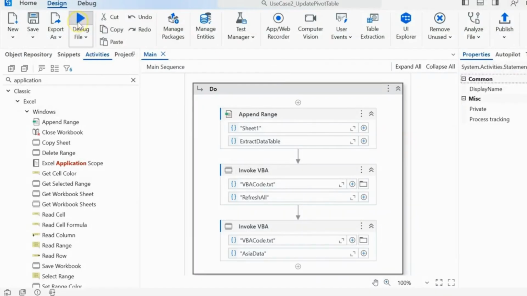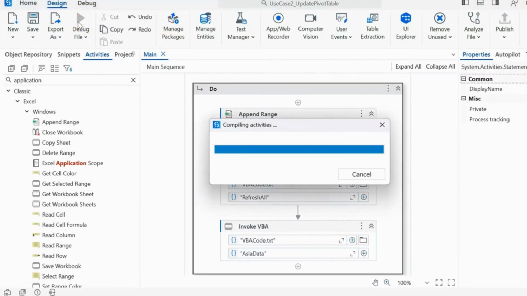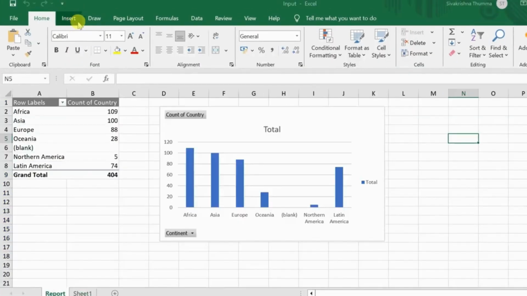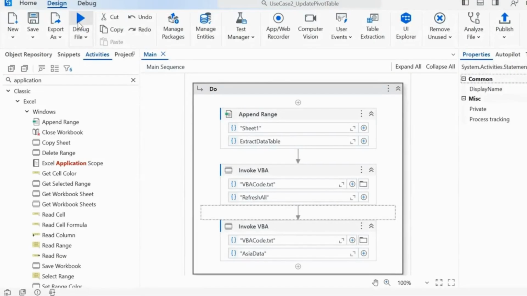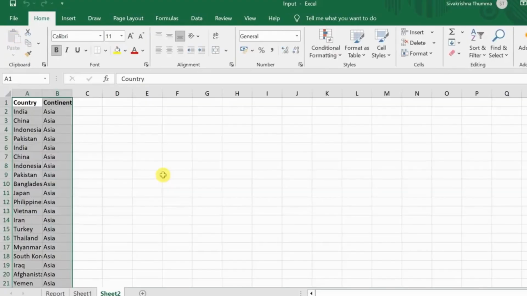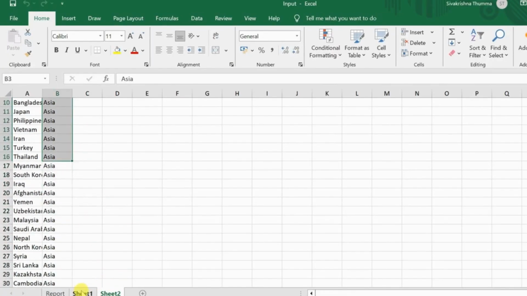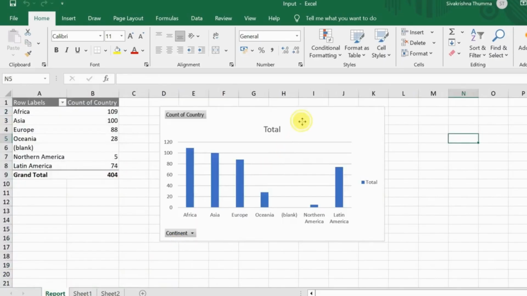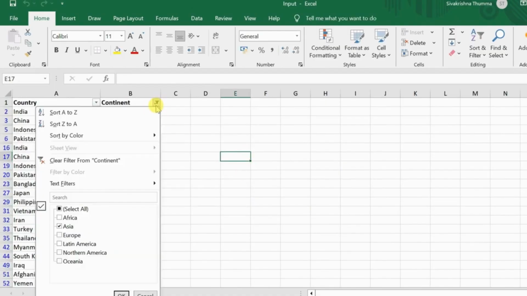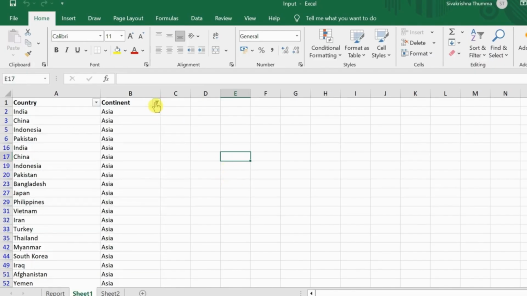Let's run the process and see the output. Now Sheet2 got created with the Asian data and the pivot table got updated. The third scenario: I just wanted to give red color to the African continent. So for that,